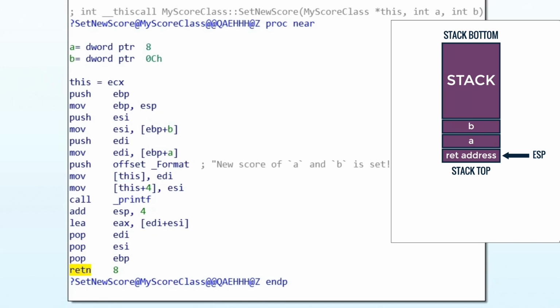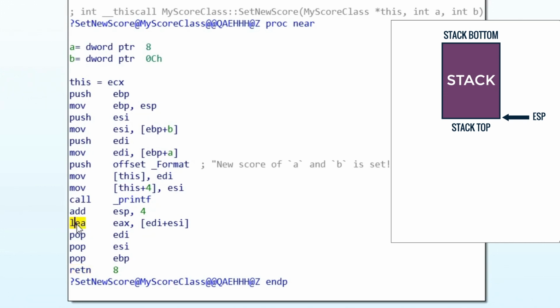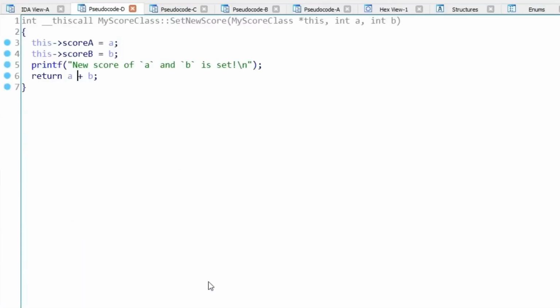Since the calling convention of this function is thiscall, the called function must clear the parameters from the stack. The number 8 is the total size of the two parameters on the stack. We have two function parameters here, A and B. Before the control jumps back to the caller function, these two function parameters A and B are cleared by the return instruction. If we click on this LEA instruction and press F5 to decompile it, we can see that it